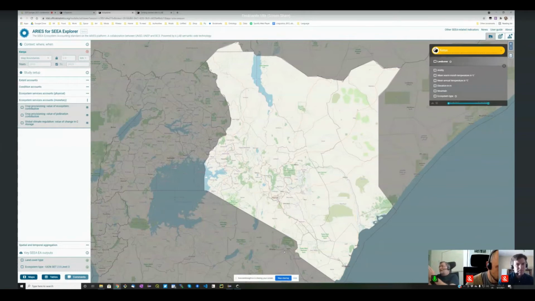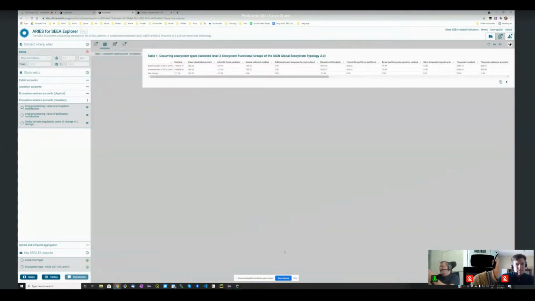Obviously, a lot of countries already have their methodologies in place to compute these accounts, and they can keep using them, but they can also contribute their methodologies to the system, and by doing that, improve the quality of the system. More interestingly for us at the moment, there are a lot of countries who don't have a methodology in place, and now they have no excuse to build their accounts, because this system works everywhere. You can go anywhere in the world.